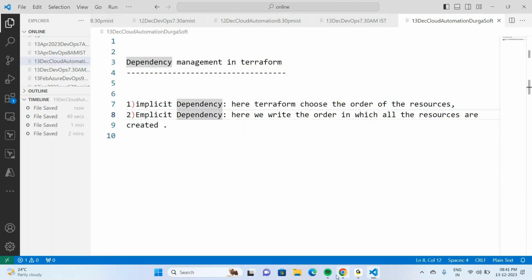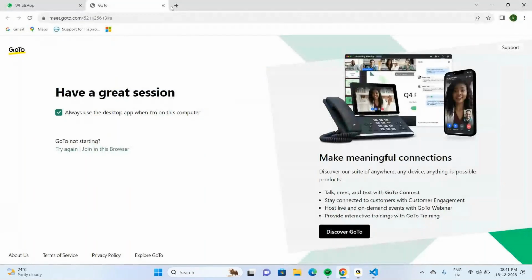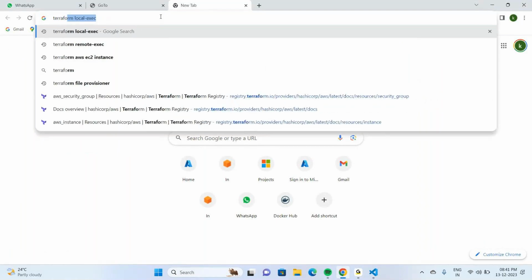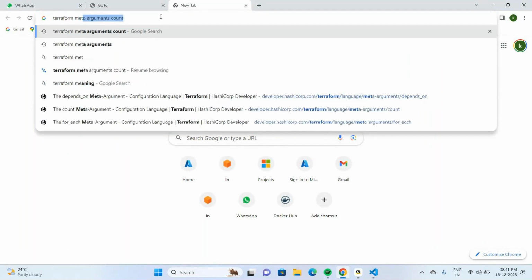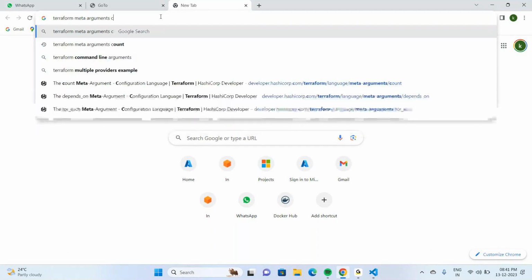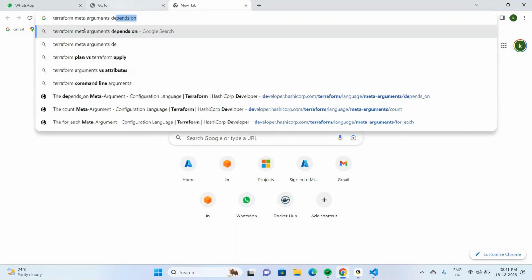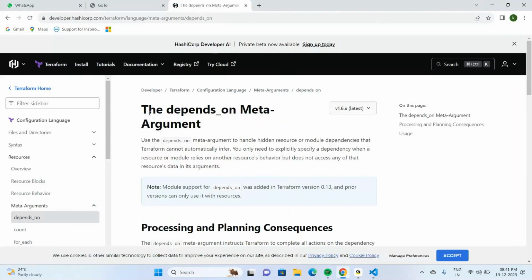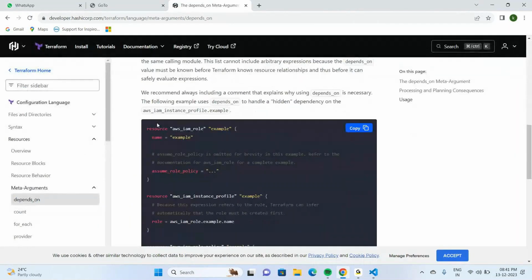Now let us open the Terraform meta argument depends_on. So depends_on is a meta argument. Yesterday we discussed that count is one meta argument, and here, if you look at this resource,